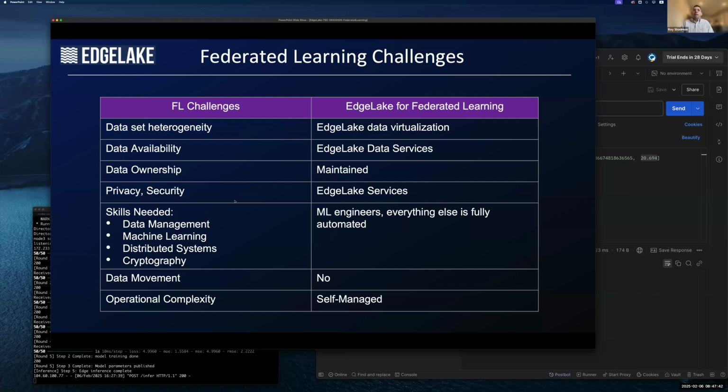Privacy and security. These EdgeLake services have cryptography. We use cryptography for these guarantees, and there are policies that define what nodes have access to what data in your edge node cluster. Rather than needing a bunch of different skill sets from data management to cryptography and things like that, you only need an ML engineer to publish a training application to the shared metadata layer, and EdgeLake